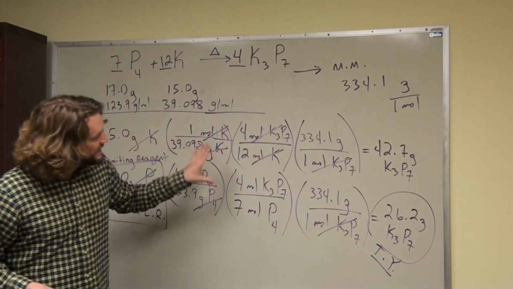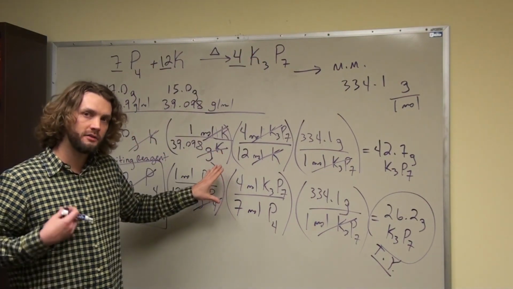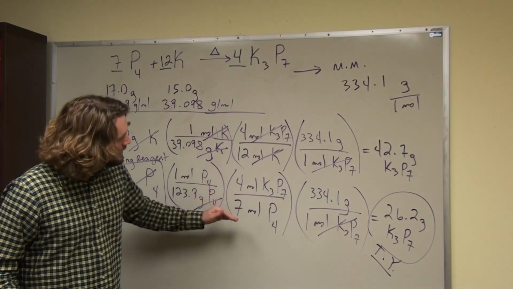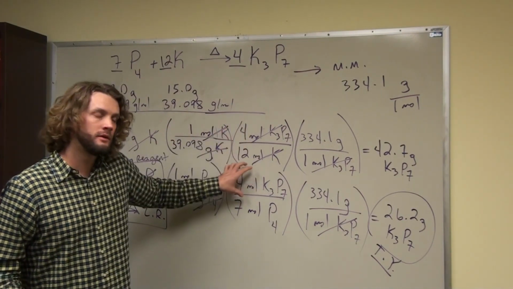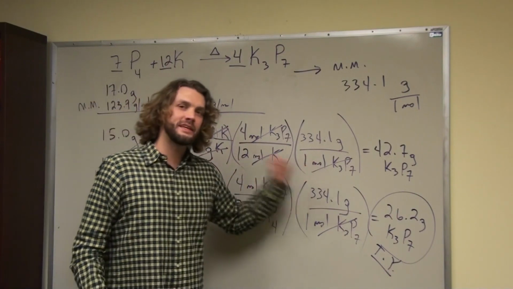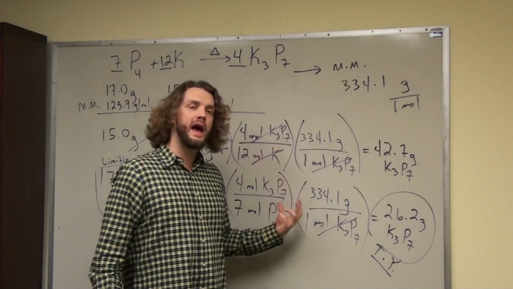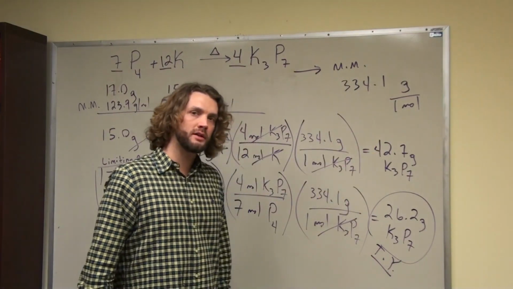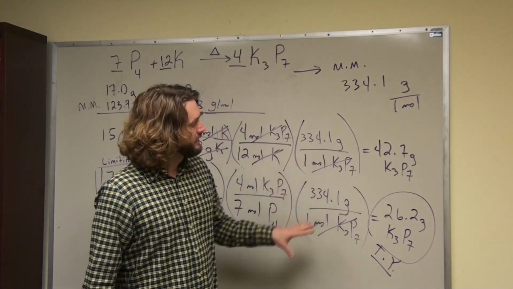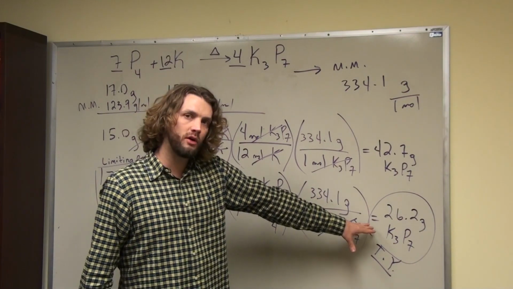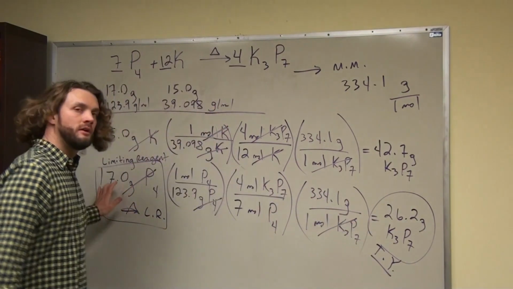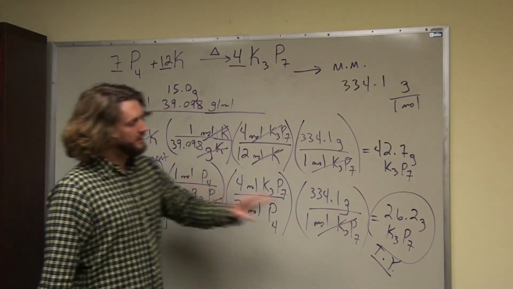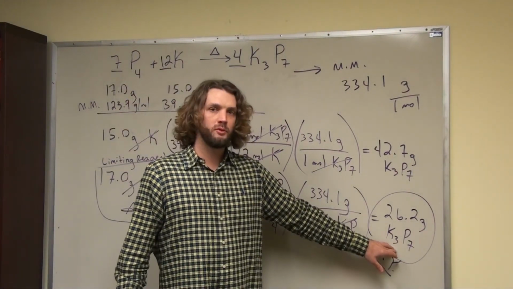So we could use that to get these mole ratios, or what I call the stoichiometric bridges, between each reagent and the product. From there, we just use a molar mass to get back out of the land of moles, back into a mass of the thing that we want. So here we see our two masses of product that were formed from each reagent, and we see here that one was much lower, indicating that this was our limiting reactant and that this amount of K3P7 would be the